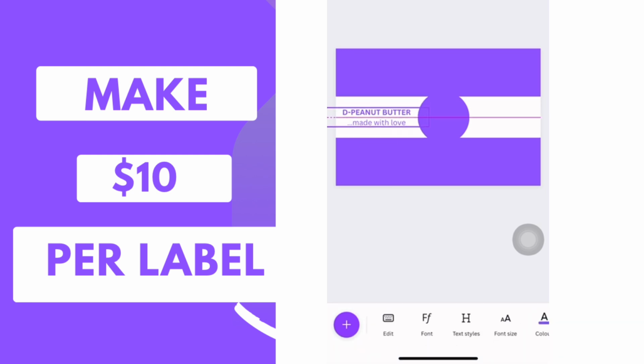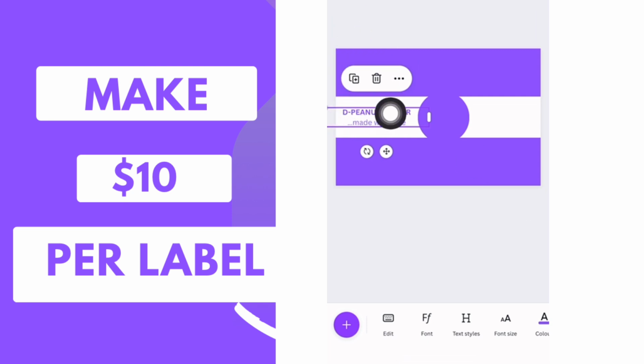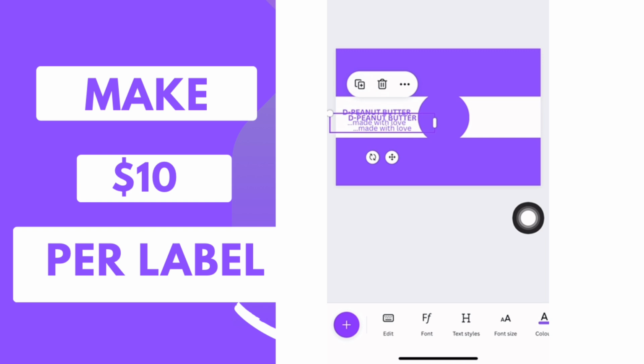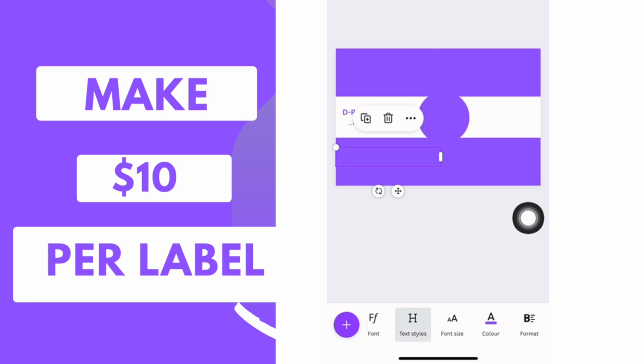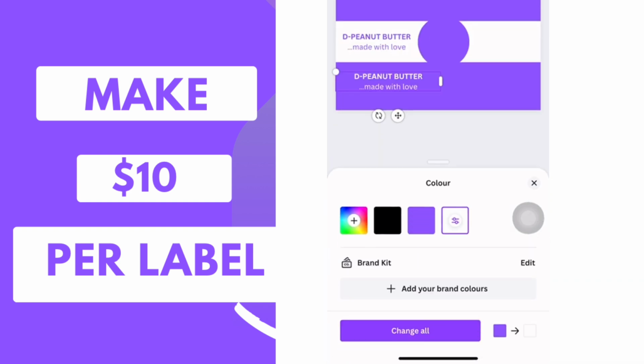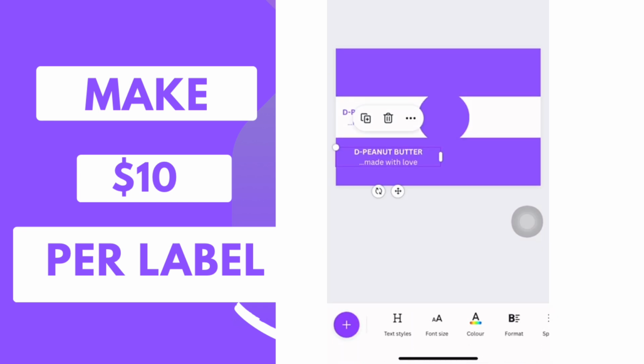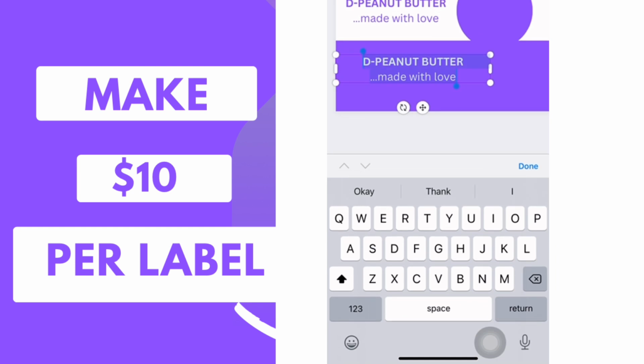Let's try and see whether if we bring this down here, it'll be nice. If you want to duplicate this particular text, just click on this plus sign here. You bring it down. You can change the color to white so you see what you're typing. Then you click on edit and you say